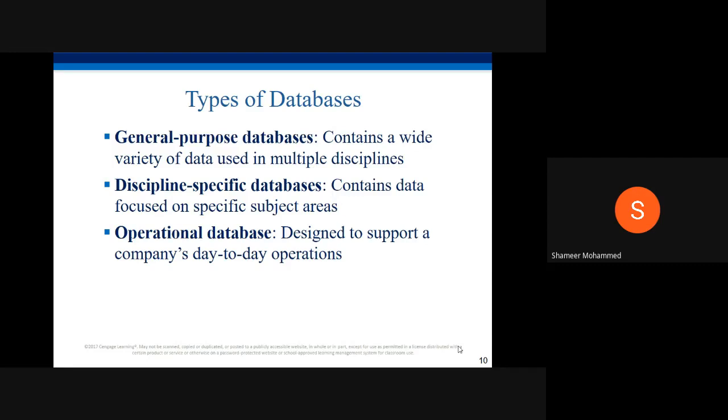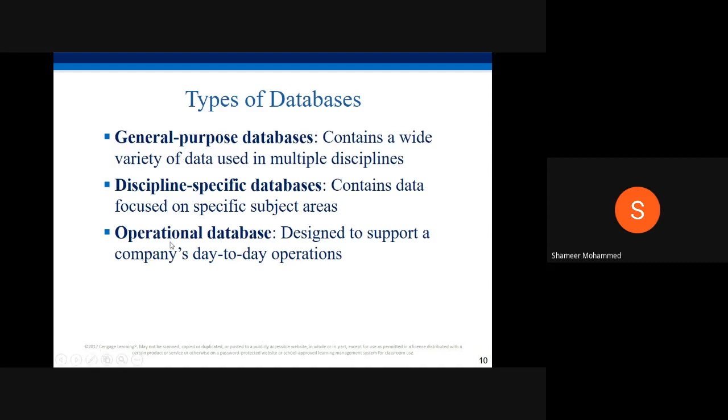Specific discipline. General means you can use it for any purpose, maybe for your home, maybe for your business, like your father is having a shop, you can maintain your database like that. General purpose database, discipline specific database.